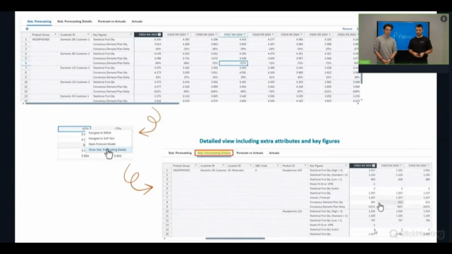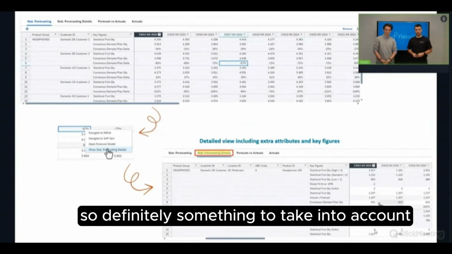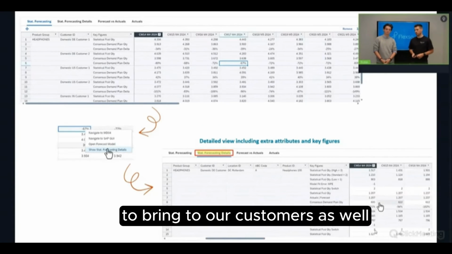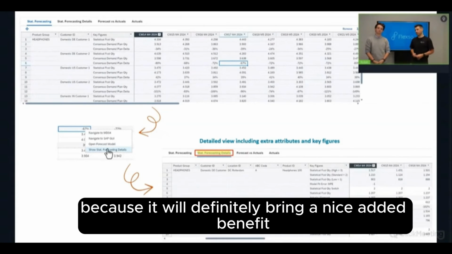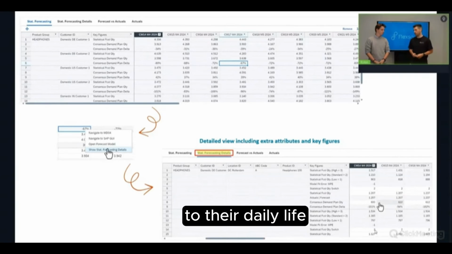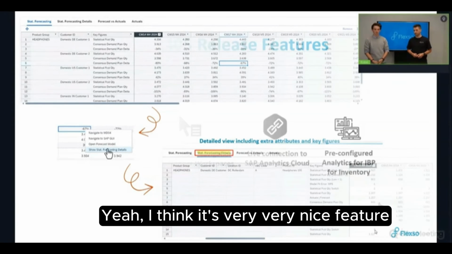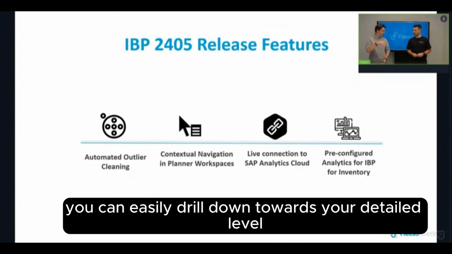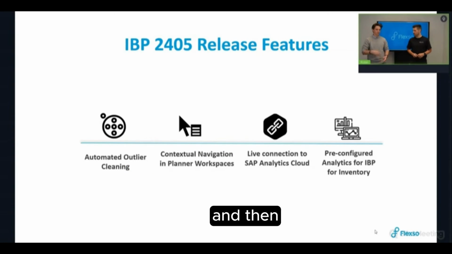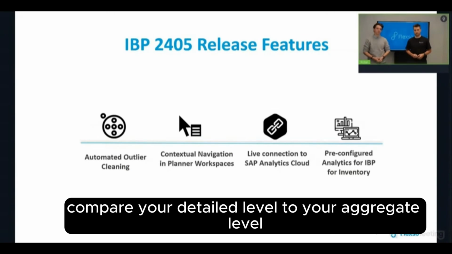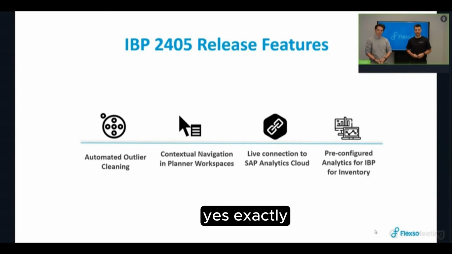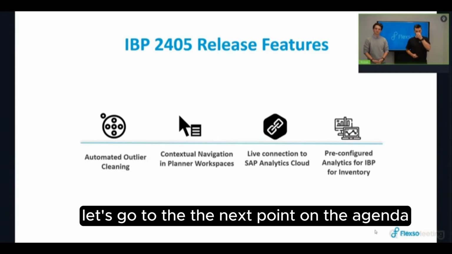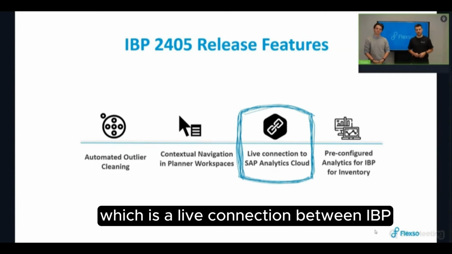Let's see. Yeah. So definitely something to take into account, definitely something to bring to our customers as well who are using the Planner workspace, because it will bring a nice added benefit to their daily life, let's say. Yeah, I think it's a very nice feature. You can easily drill down towards your detailed level, then compare your detailed level to your aggregated level, and have a very nice overview of everything you need. Yes, exactly. All right, let's go to the next point on the agenda, which is the live connection